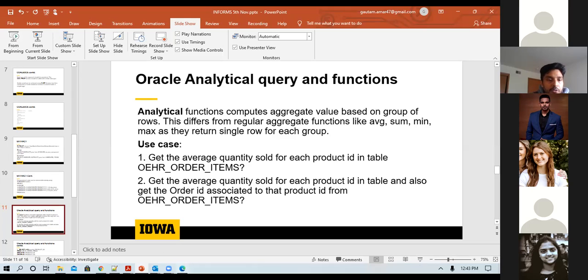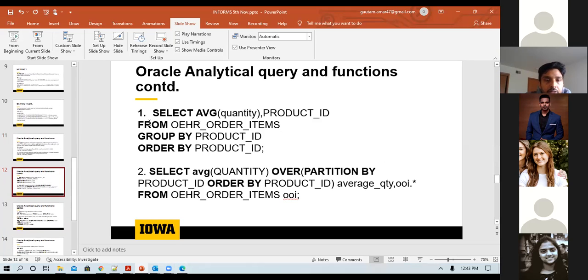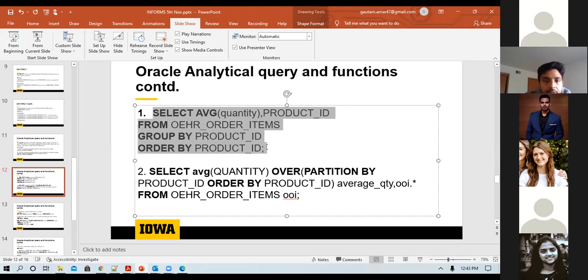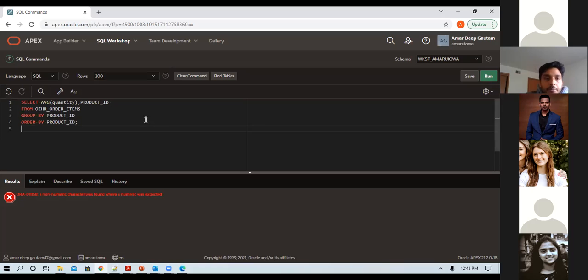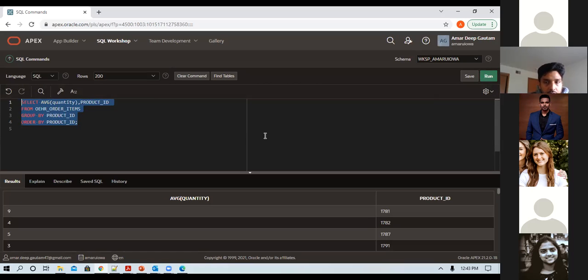If I go to the next slide, suppose I want to get the average quantity by product ID. I'll use this, right? Now my question is that this is the average quantity, I agree, but I also want the product information along with this.